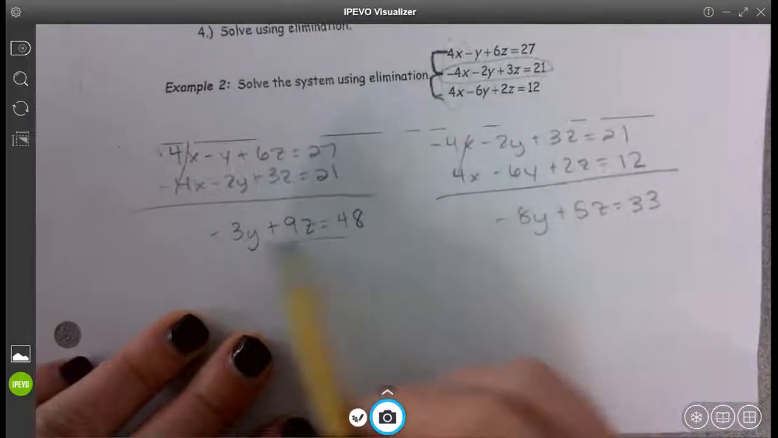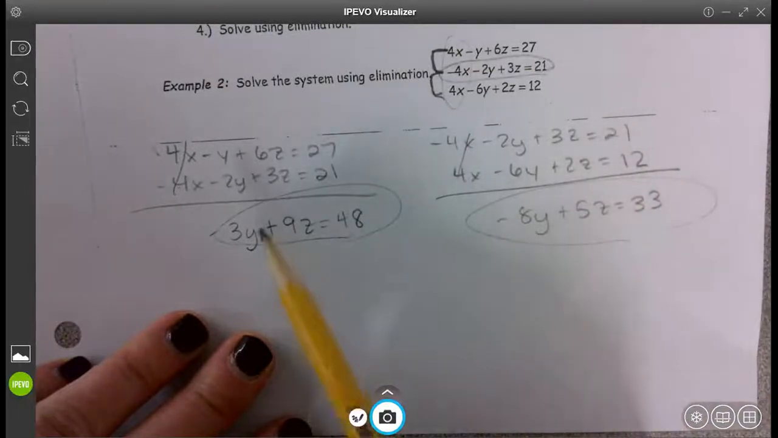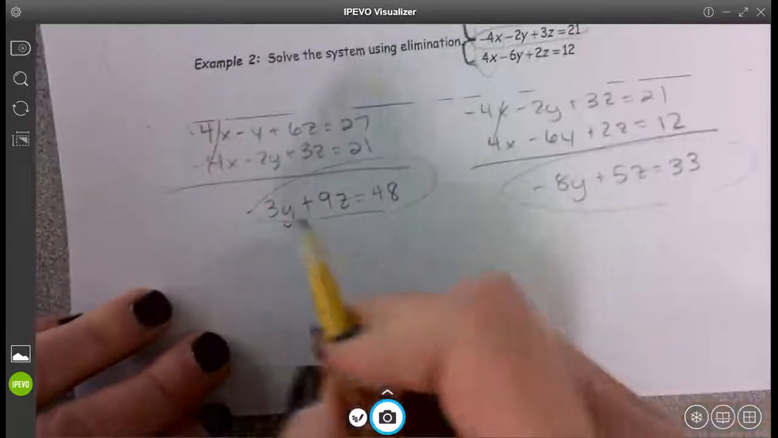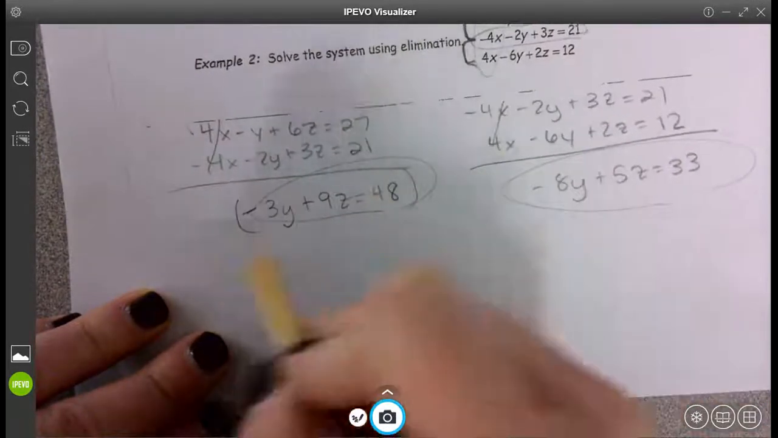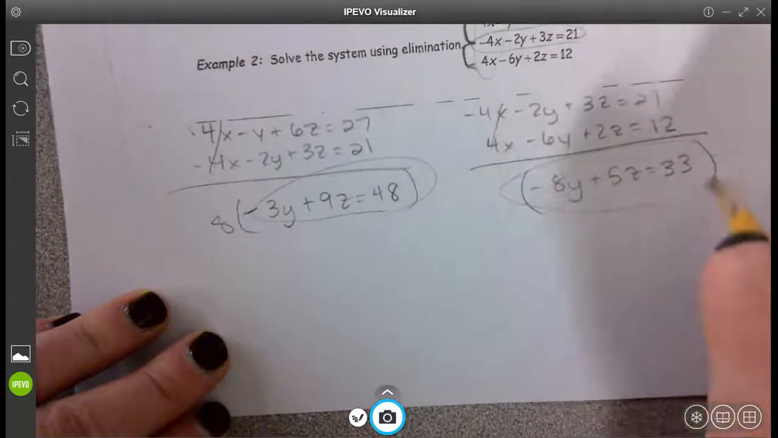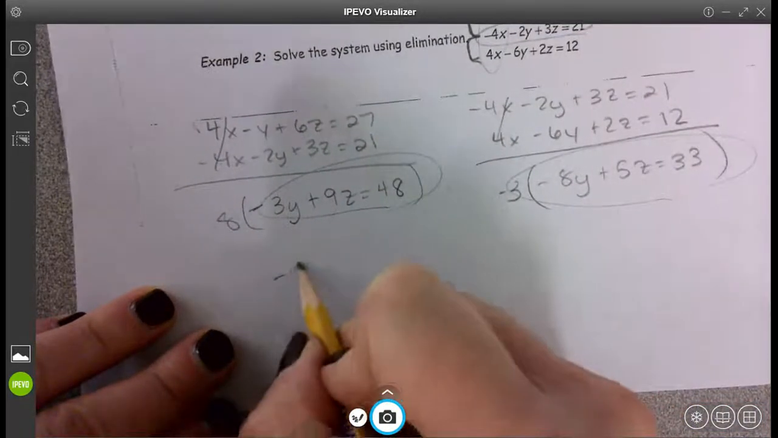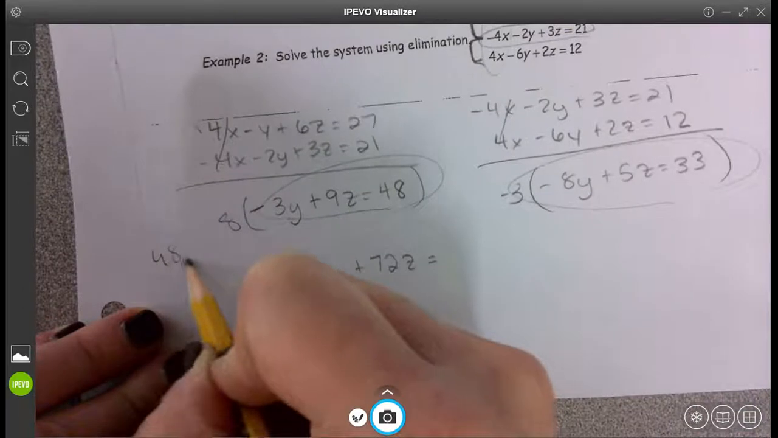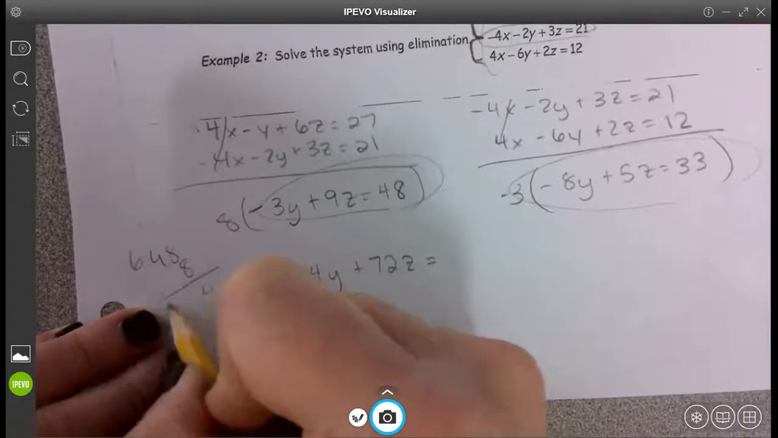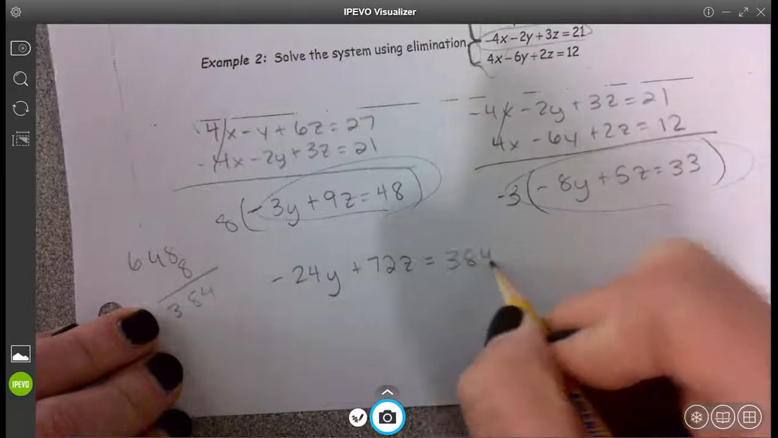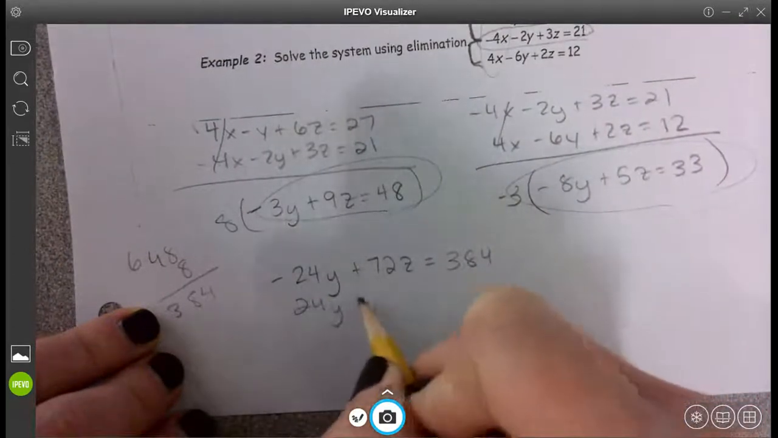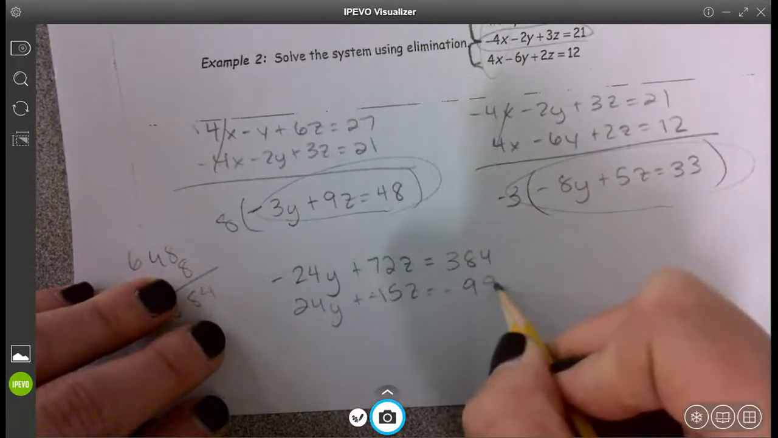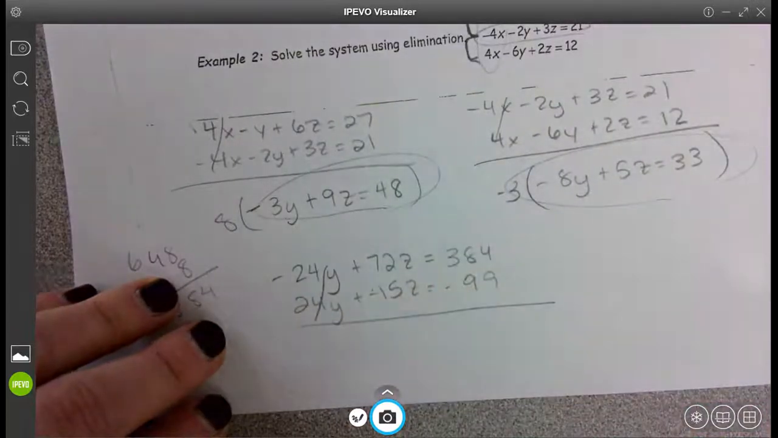With that being said, this is now a system of equations which we're used to. We have an 8 and a 3. We have a 9 and a 5. We'd have to get a 45 or a 24. It doesn't matter. Let's make the y's 24. So I'm going to have to multiply by 8 here to get negative 24, and I have to multiply by negative 3 here. When I multiply by 8 here, 48 times 8, 384. When I multiply by 3 here, I'm going to end up getting